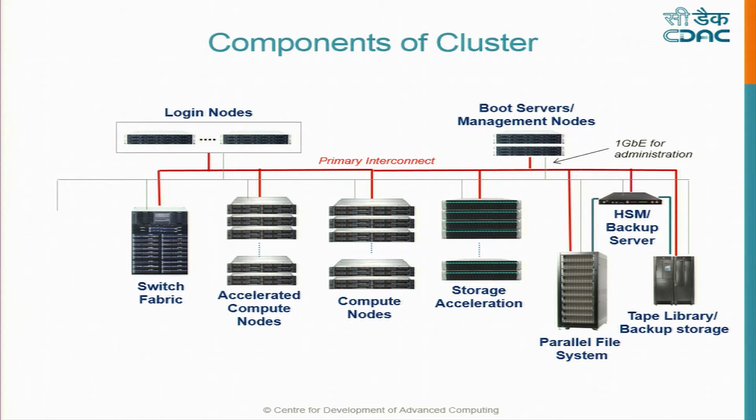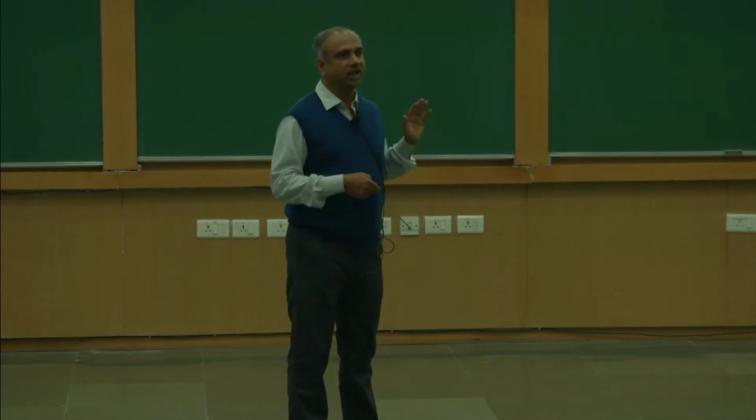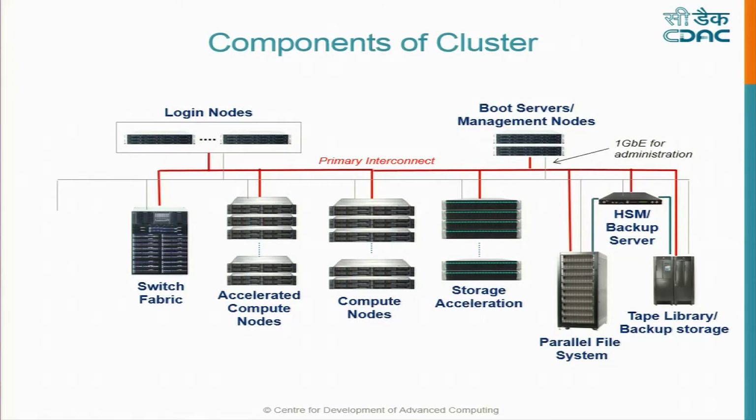If you notice here, there is another network, a 1 gigabit network. What is it used for? It is used only for system administration, a different network. So through this, you only say that you should boot the image, the name of the file is so and so, and the IP address of the boot server is so and so. When the system boots up, it takes the image from here. So what does the system administrator have to do? He has to just keep one image here, which will be taken by all the compute nodes, and it can be configured. He can say that 10 nodes should have this version, and the next 10 nodes should have another version. All that is possible through this management node. The management nodes can also capture the individual consoles for debugging, etc. So this is purely for administering the network. Okay.